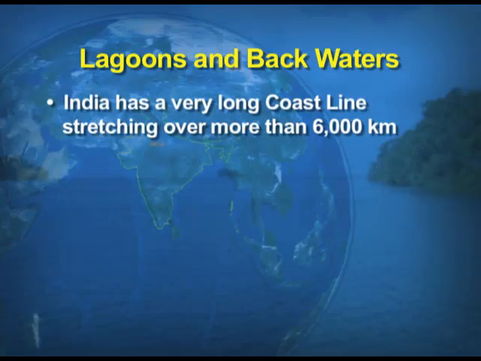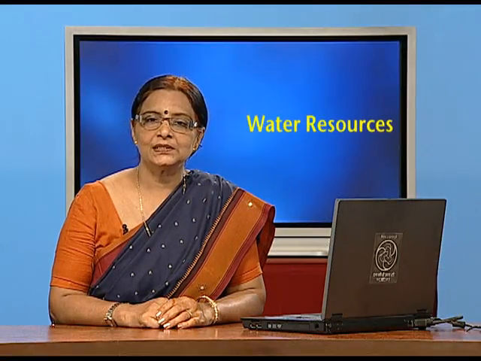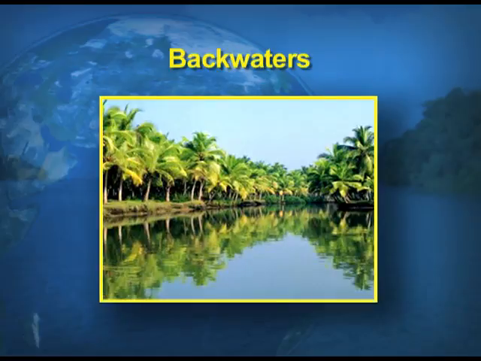Another feature attached with the coastline is that it is not a straight line, it is an indented coastline which helps in the formation of the lagoons. When we take up the term backwaters, we mean a chain of brackish lagoons found parallel to the Arabian Sea, and Kerala is the state most important and known for the backwaters. Now, dear students, just look at the screens and have a view of the lagoon. This view is of the backwaters and this is the coastal view of the Arabian Sea.